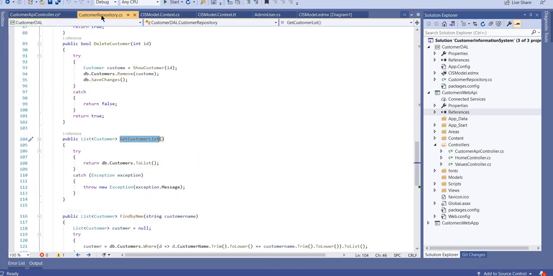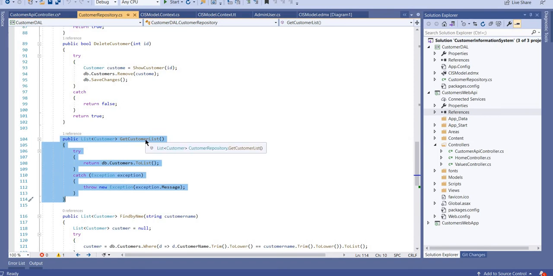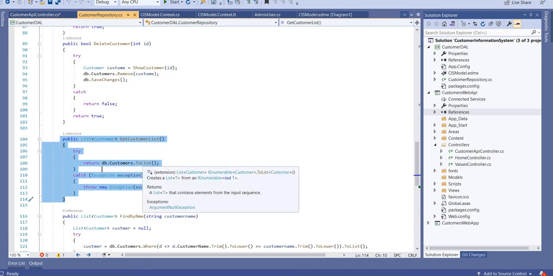See, CustomerRepository.cs, and here is that method. This is GetCustomerList. This method is returning db.Customer.ToList, meaning it returns select star from customer table, all the data of the customer table.